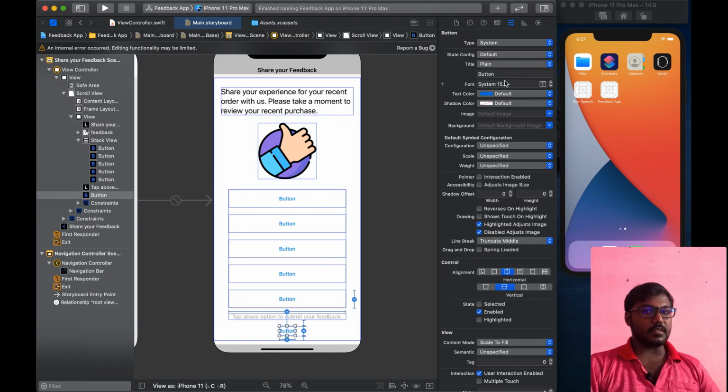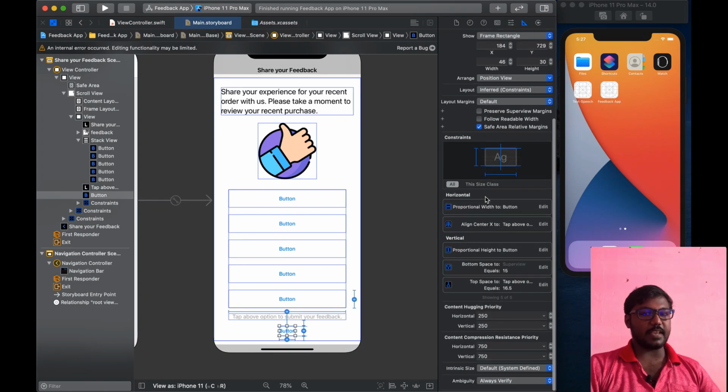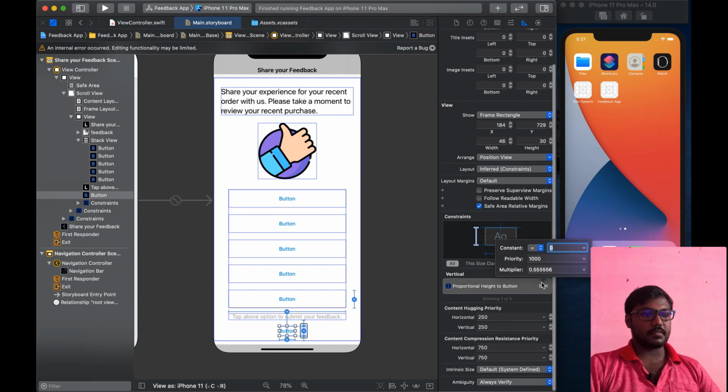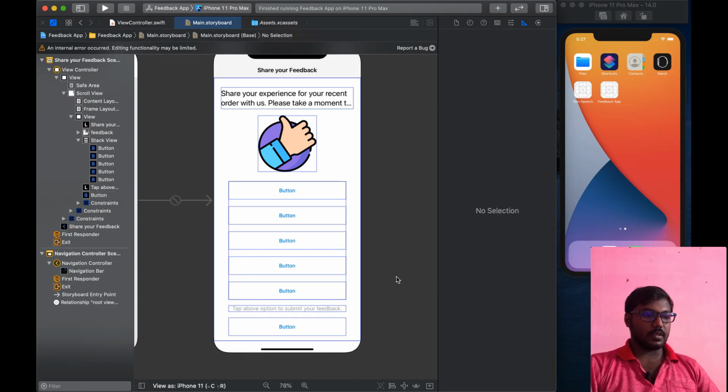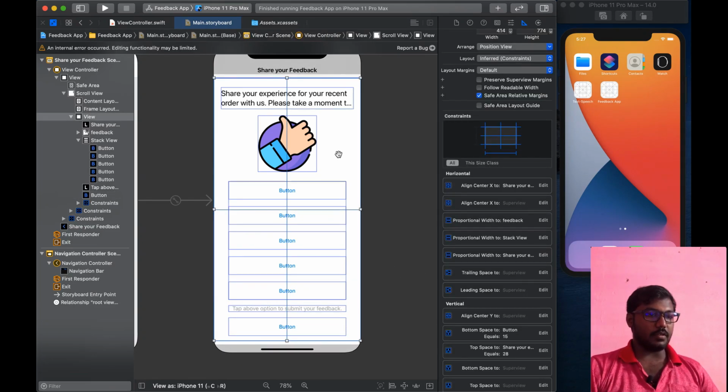Then only the button sizes will be the same on the screen. Multiplier is 1, as well as width multiplier is 1. Now you can see all the button sizes are equal.